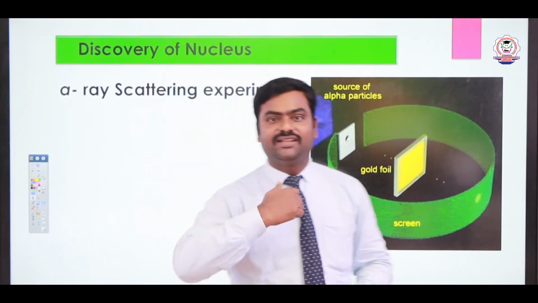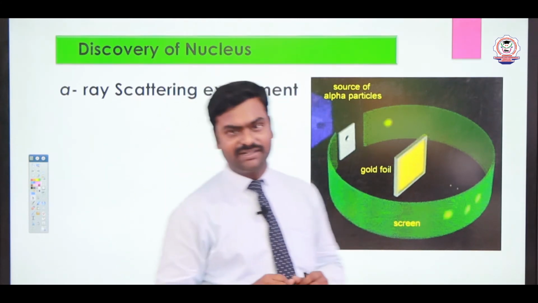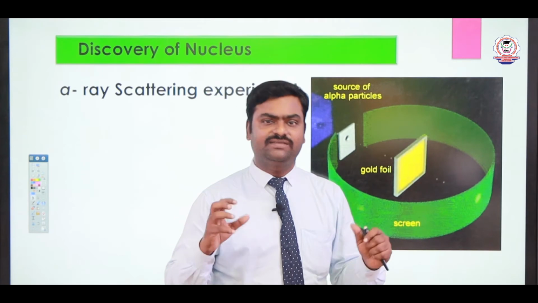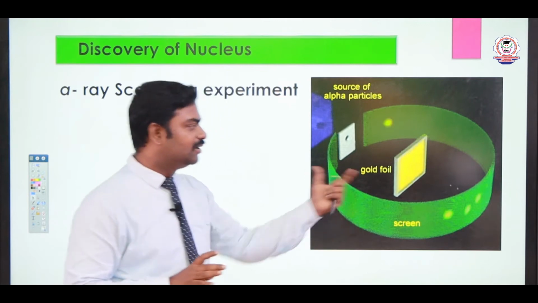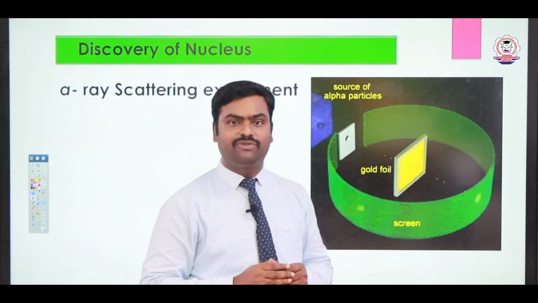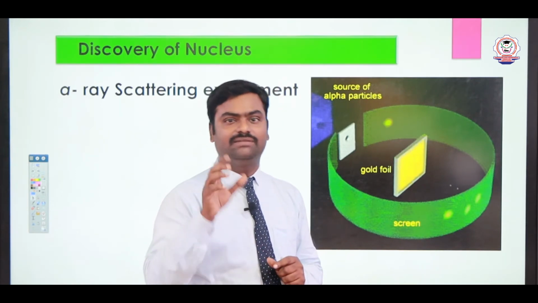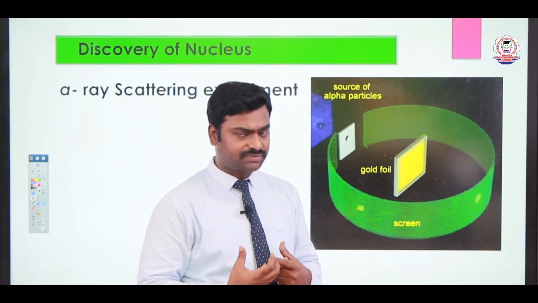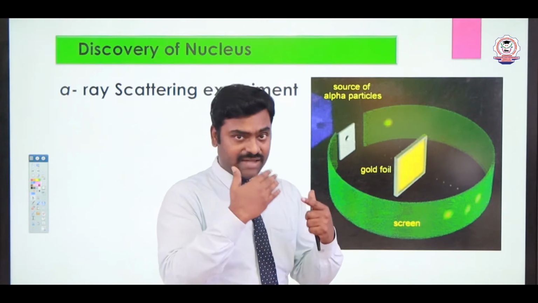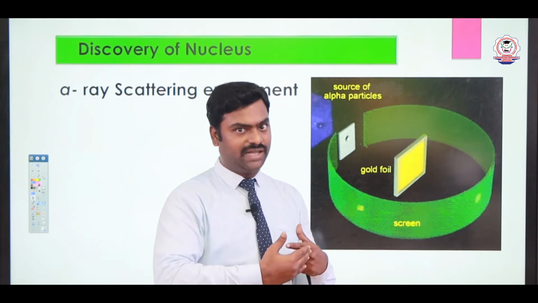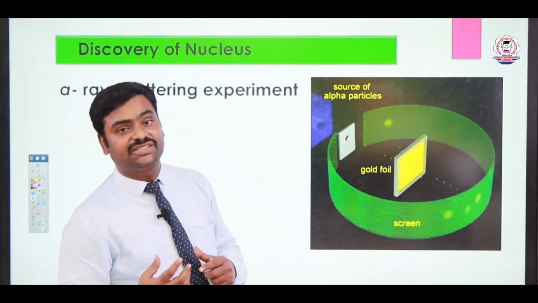The next step towards the structure of atom is Rutherford. Rutherford did an experiment called the alpha ray scattering experiment. He took a thin gold foil. Using that gold foil, he was striking it with alpha rays. Alpha rays are generally di-positive helium ions. Because of the positive charge, he thought that the alpha ray might get slowed down because of the atoms available in the gold foil, and it might give some other observations, but the observations were different.